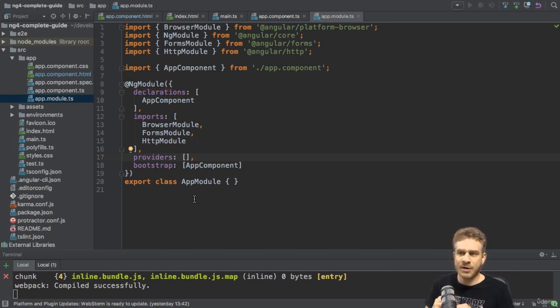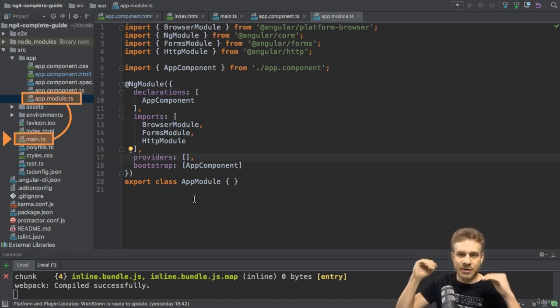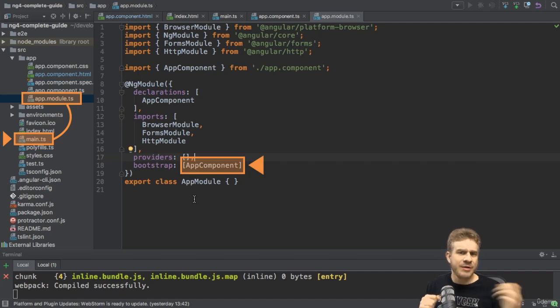But most importantly for now, here we got this bootstrap array, which basically lists all the components which should be known to Angular at the point of time it analyzes our index.html file. And here the circle closes because here we reference our app component. So Angular gets started, this main.ts file gets started. There we bootstrap an Angular application and we pass this module as an argument. In this module, we tell Angular, hey, there is this app component which you should know when you try to